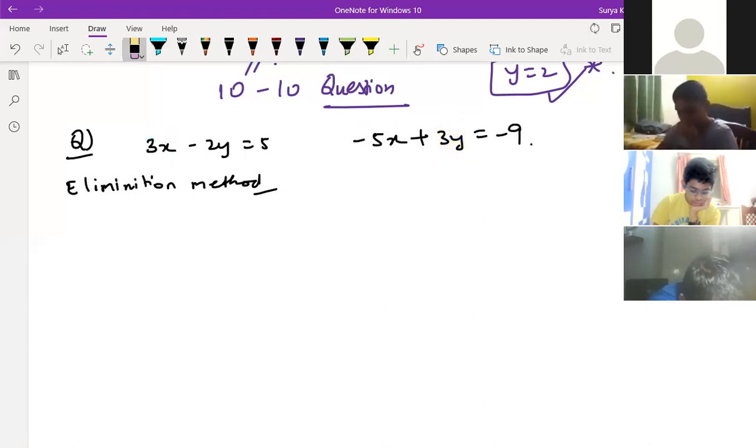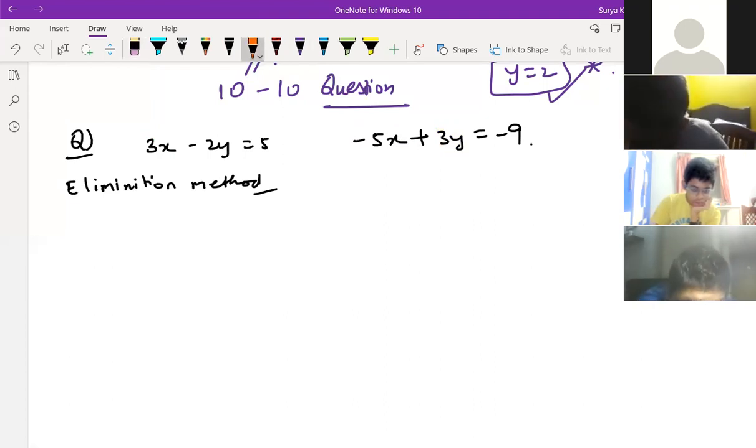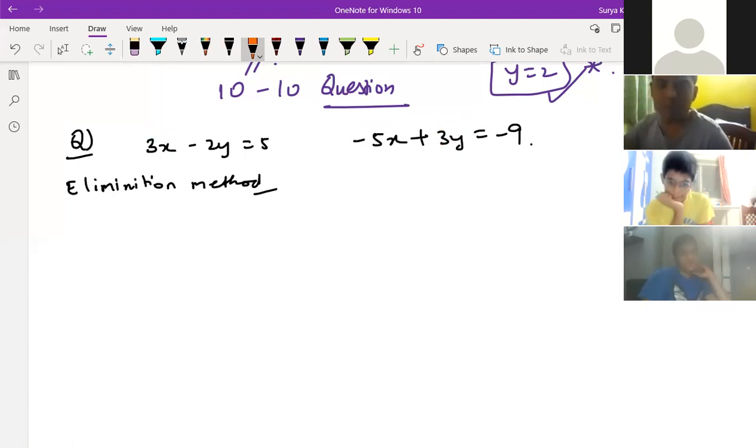So how to do it? I'm just telling you. Just see here on the board. Anyone having an idea what to do to match the coefficient of x or y? Sir, -8. What should I do? Sir, you have to write 3x minus 8 minus 2y, and then it will get matched.